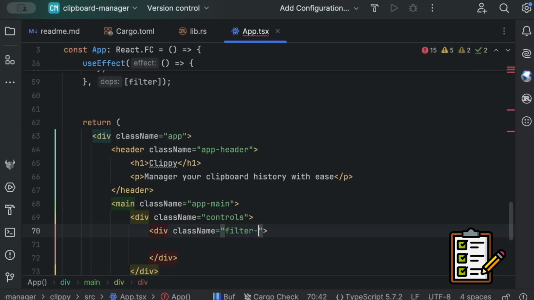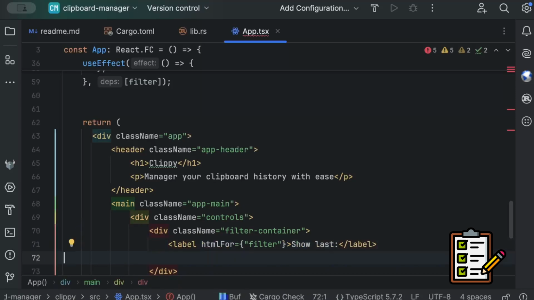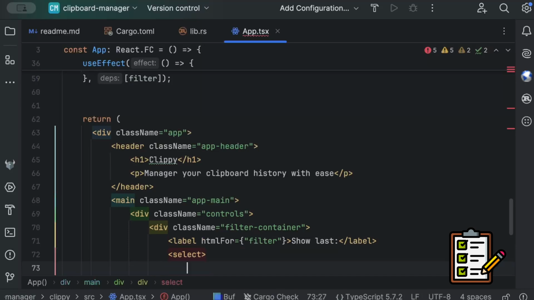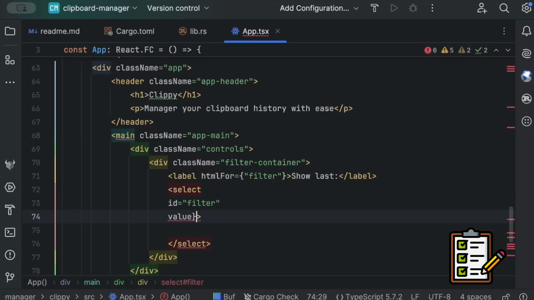So we'll just do filter container, and then here we'll just do a label HTML for filter and show last, and then we'll just add a select, and here in our select we'll add id as filter, value as filter,